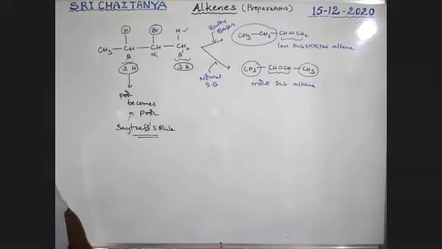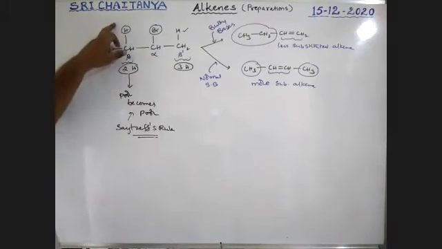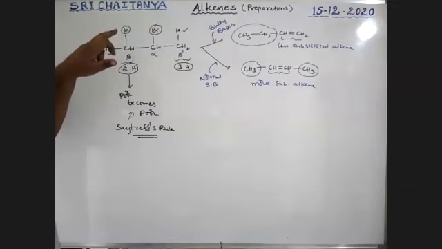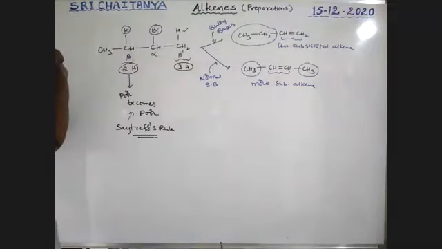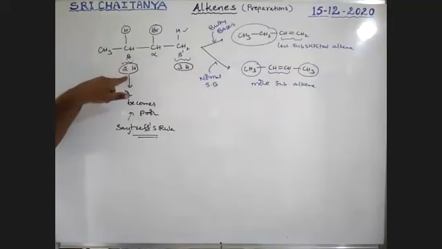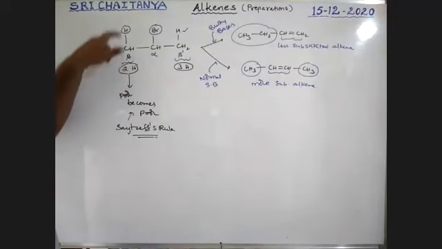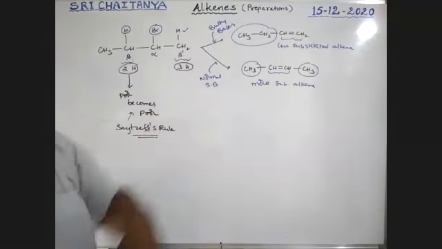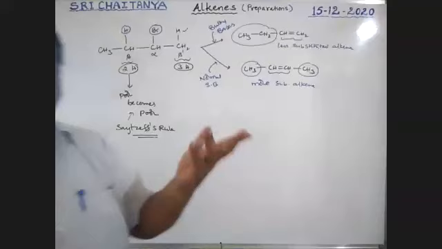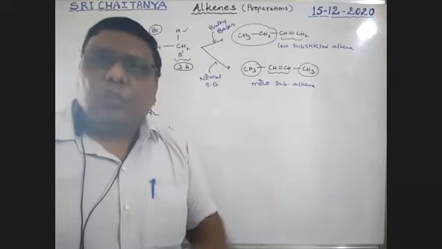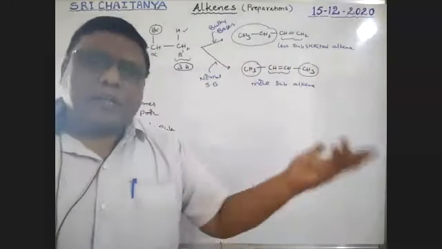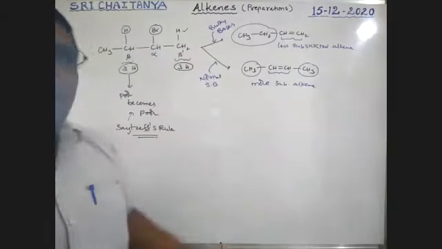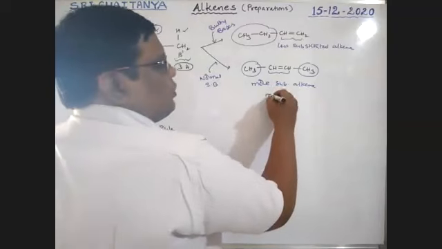In elimination reactions, hydrogen is no doubt eliminated from the beta position. So that hydrogen is eliminated from the available beta hydrogens. Which one has fewer beta hydrogens? That hydrogen is eliminated. That gives a more substituted alkene. The more substituted alkene is the most stable compound. No doubt, I already explained yesterday that the more substituted alkene is more stable. That means this alkene is more stable.